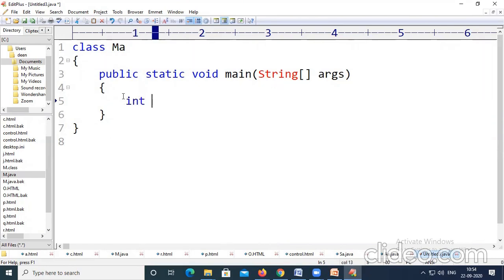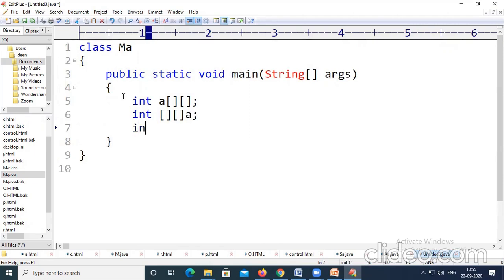First one is the data type. If my array name is A, you can use this type of declaration, or you can follow int with this type of declaration, or this type of declaration, or this type of declaration.